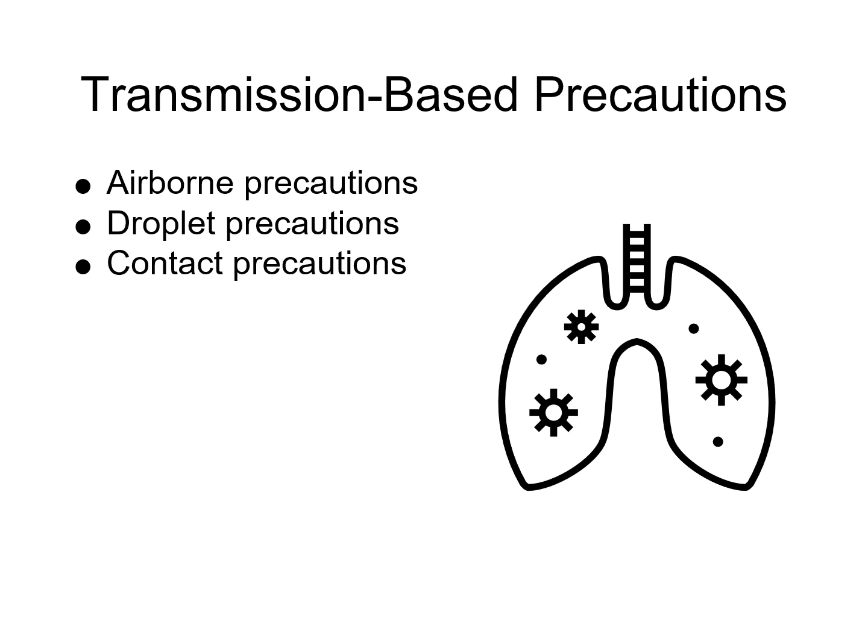Okay. Droplet precautions means the patient has a respiratory infection, and as they cough and sneeze, they're going to produce infectious droplets. When you get to droplet precautions, you have to wear a surgical mask. Okay? The patient should be wearing a surgical mask if they're not on oxygen. Not for airborne, for droplet precautions. For airborne precautions,